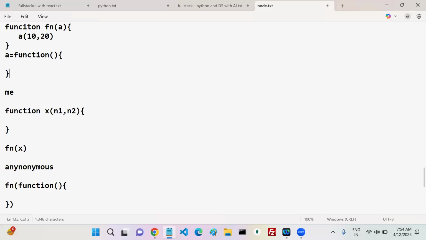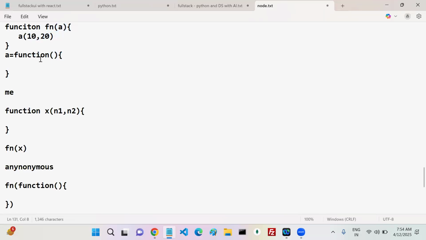Now here, what are you doing? A is called with how many parameters? Two parameters. So you are calling A, which means you are calling this anonymous function by passing two values.